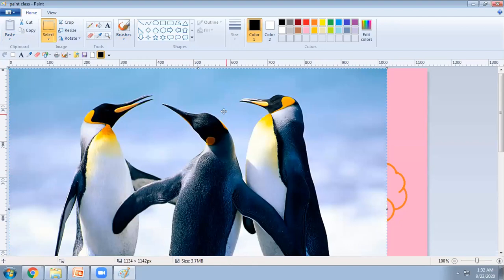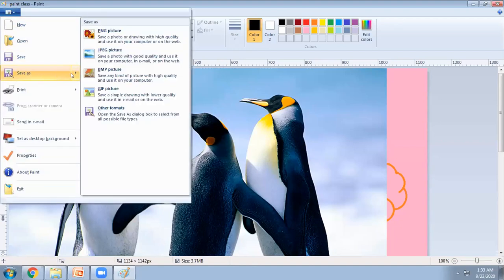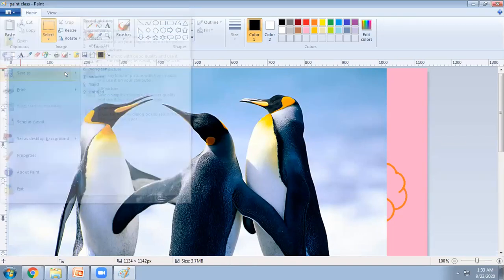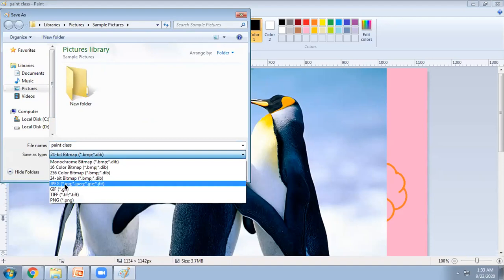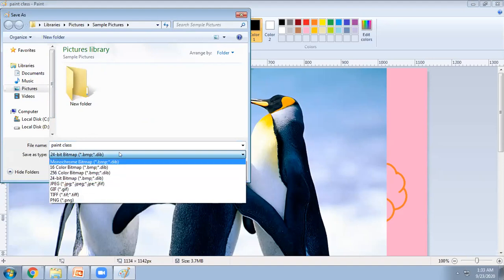So one thing I want to clarify is the difference between save and save as. When you just do Control S, it will get saved. And when you want to save into some location, you have save as. So you can save in a particular location like documents, or a type of file, as I have shown in the bitmap. If you want to send to a friend on Facebook or WhatsApp, you have to save in JPEG. So this is the difference between save and save as.